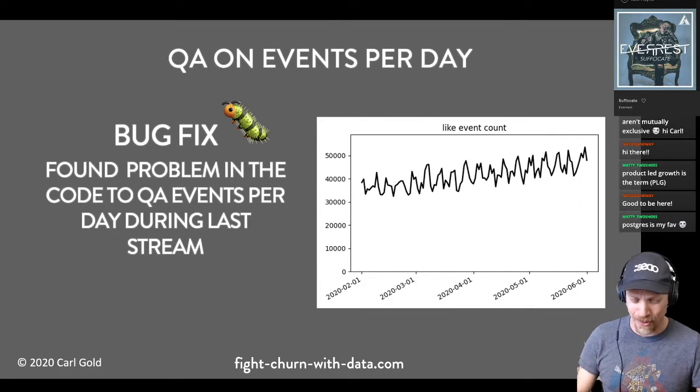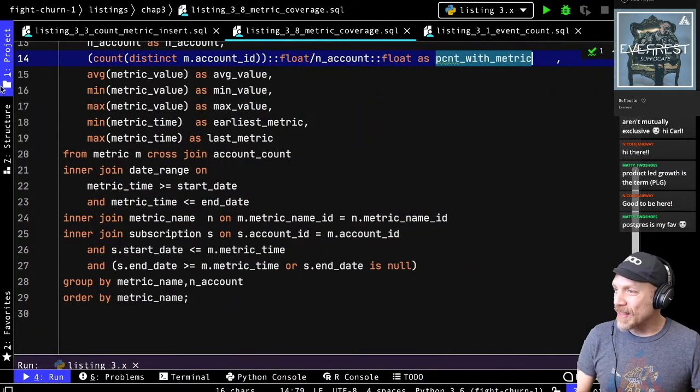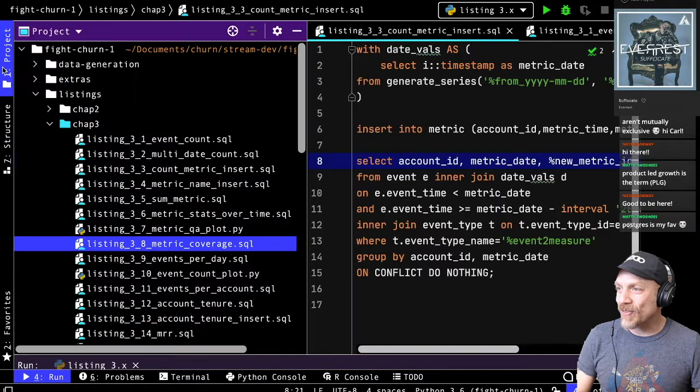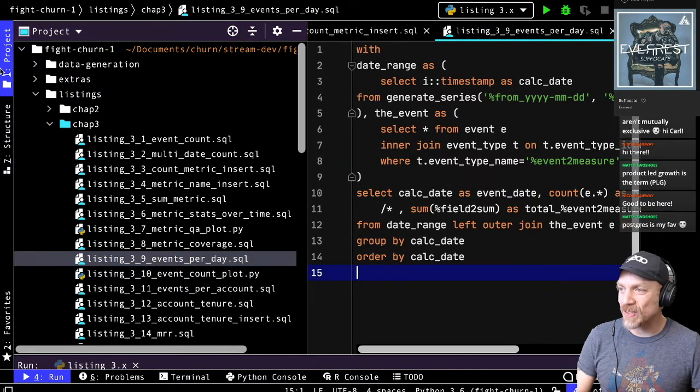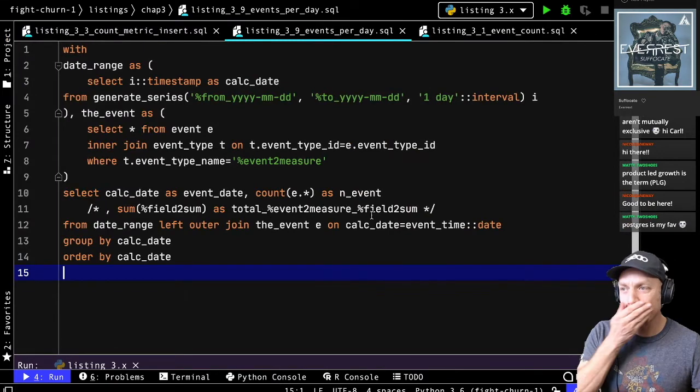Let me show you the way it's supposed to work, actually. This was listing 3.9, I think. Let's check what that was. I think I've got the fixed listing here. This is the fixed events per day listing.